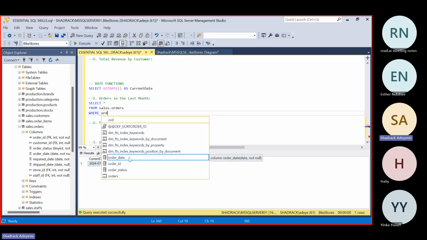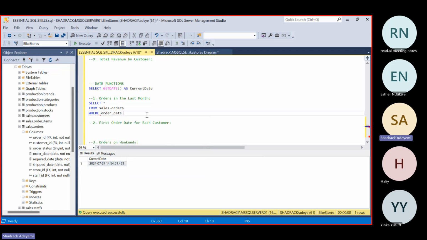So I'm specifying a condition where the order date is, and you have to follow me carefully here, greater than or equal to. I want to know the orders in the last month, meaning from a time like today, but last month.